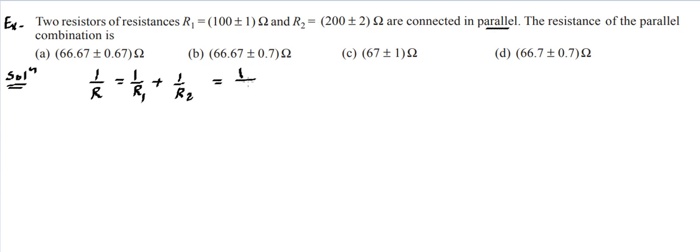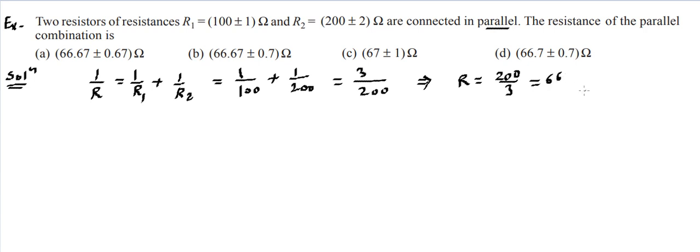So it's going to be 1 upon 100 plus 1 upon 200. If we simplify this, multiplying by 2, 2 plus 1 becomes 3, 3 divided by 200. Then we make it upside down to get the value of R. So the R value is going to be 200 divided by 3, which basically will become